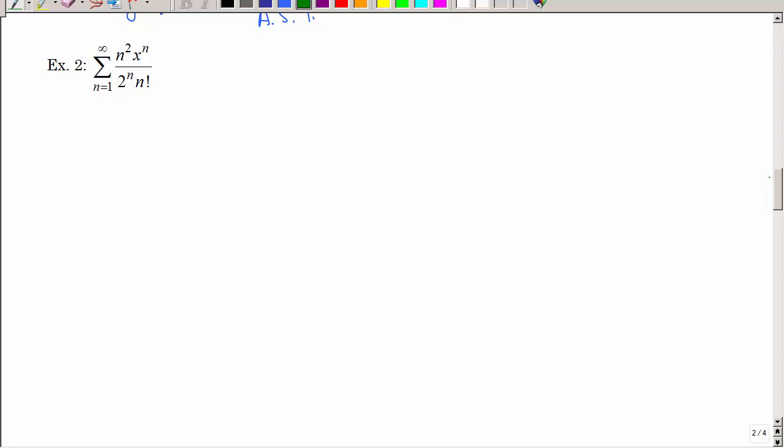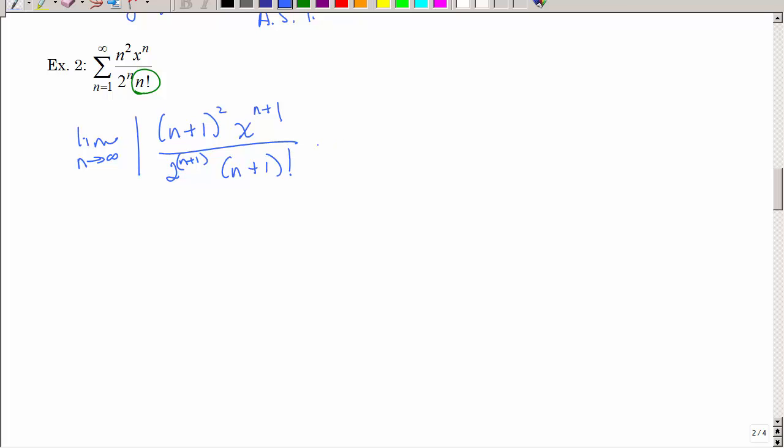Let's look at this second example. When does this series converge? Now remember, every series converges at its center, but could it converge at other values? So again, because we see a factorial, that's always good for the ratio test. So I want to take the limit as n approaches infinity